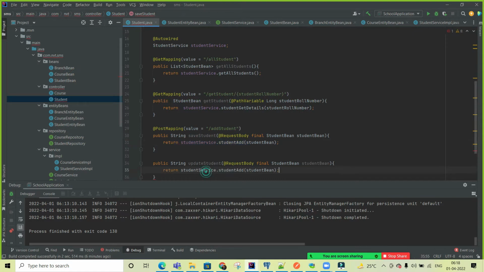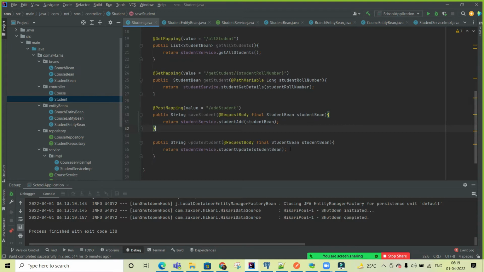Instead of add, I'll write student update. Here we are updating the entire table. If you want to update a particular data record, then that would be update only, not all. So I'll explain, no problem.